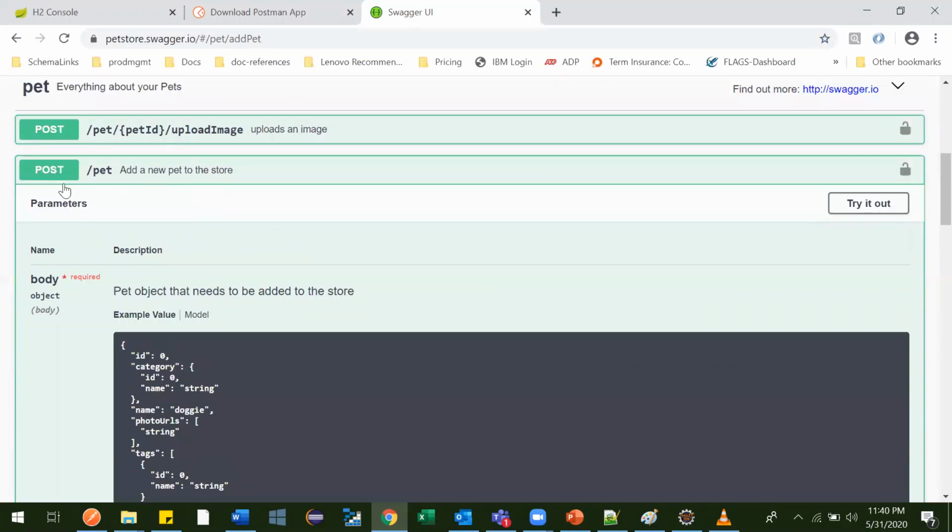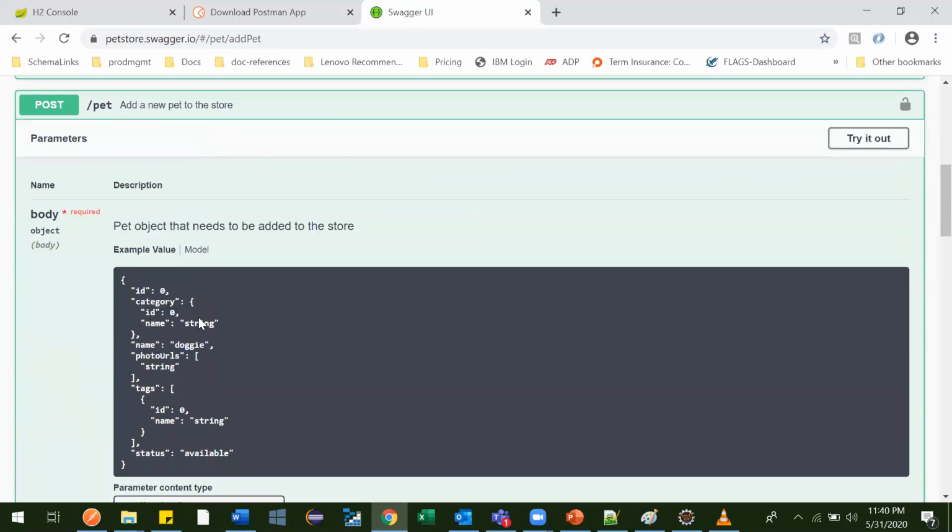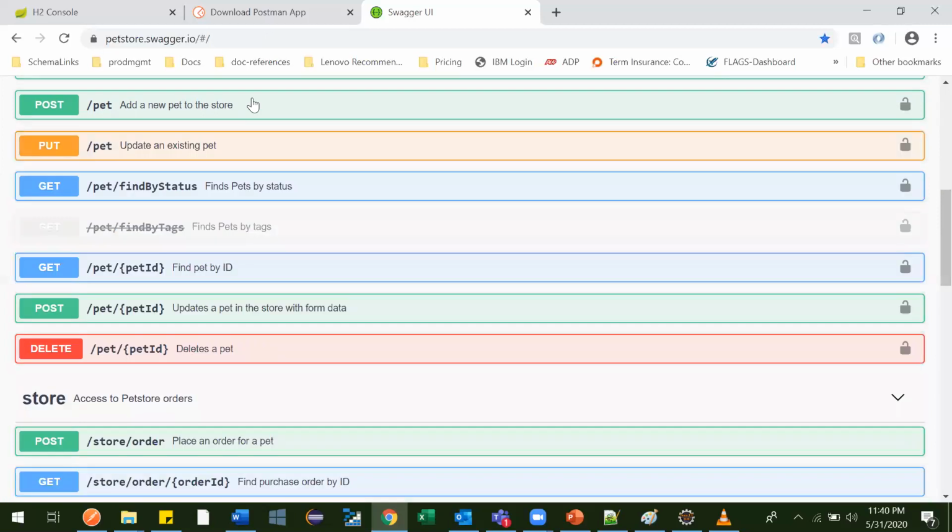So this is some base URL, and after that slash PET. That is the post URL, and then you need to provide a body, and the body should be in this format. Okay, so in an interview, if anybody asks how you get the information, like what all the APIs are, which API supports what, whether it is get, put, or post, and what data you need to provide, we directly have a Swagger for our application, and all the API details are available over there.